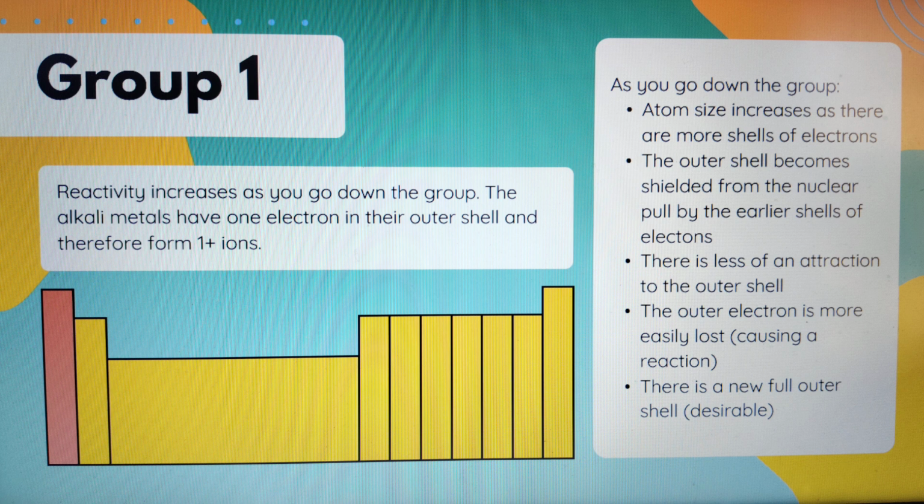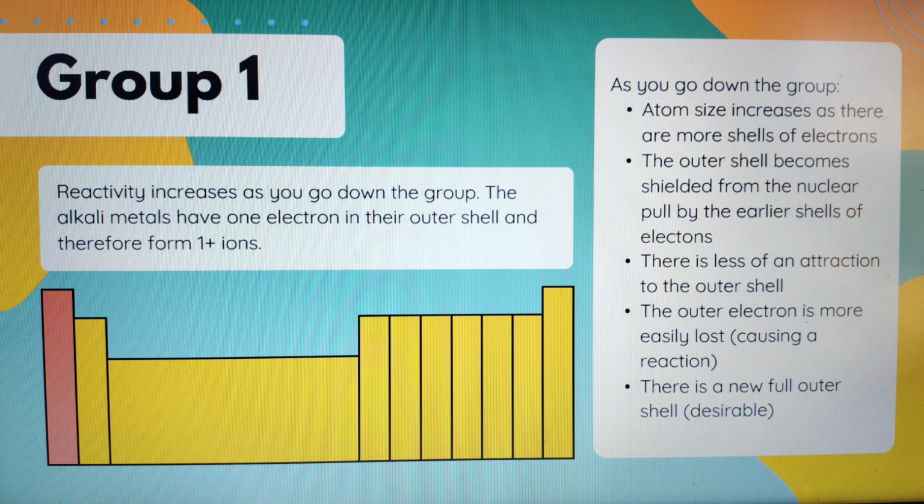Group 2 is given the name alkaline earth metal. Don't get confused with this. There are so many questions related to this coming in your papers. I'm sure about it. Group 1, alkali metals. Group 2, alkaline earth metals. Line adds on it, line earth metals, okay, because they are related to earth metals.